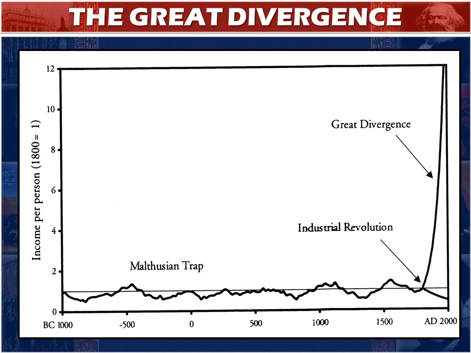The Malthusian trap says basically that population and income, or in these terms wages, are inversely related. Think of the economy as a large pizza. The more people there are, the smaller each person's slice is. Each slice is their income or their wages. The fewer people there are, the bigger the slice is. So when the population goes up, wages go down. When the population goes down, wages go up. And this is basically the story of most of human history, until about 1800.